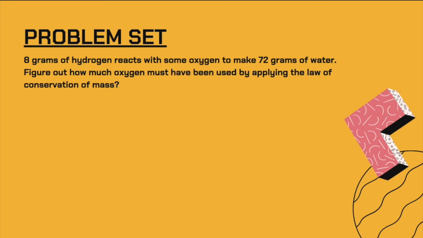Okay, for our problem set, our first sample problem reads: 8 grams of hydrogen reacts with some oxygen to make 72 grams of water. Figure out how much oxygen must have been used by applying the law of conservation of mass. So again, as I have stated earlier, these kinds of problems do not necessarily require us to use balanced chemical equations. And we can simply